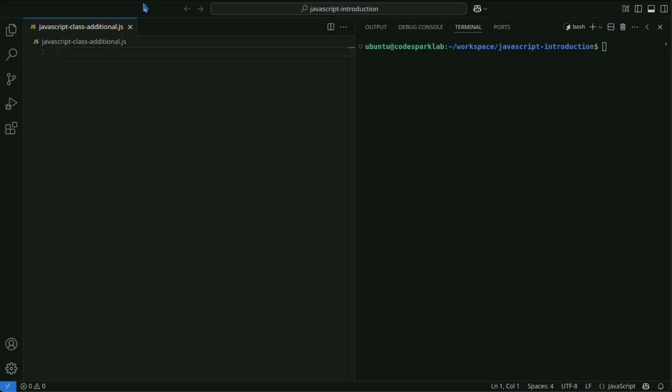This time, it's about the additional functionalities of classes in JavaScript. You can learn about private properties and optional chaining along with code. Enabling subtitles will make the code descriptions easier to understand.